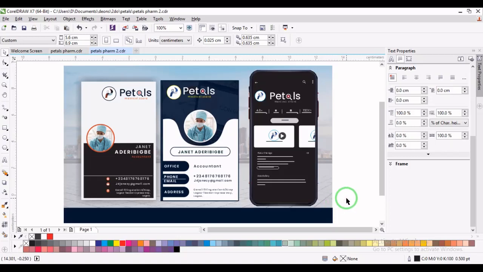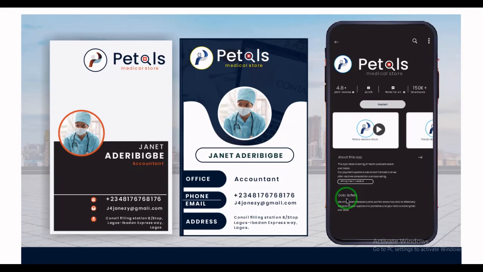Section of our CorelDRAW class. In today's tutorial, we'll be looking at how to design an ID card, either for business, for office, or for personal use. I'm just going to be explaining the concepts behind crafting or designing a simple and yet intuitive